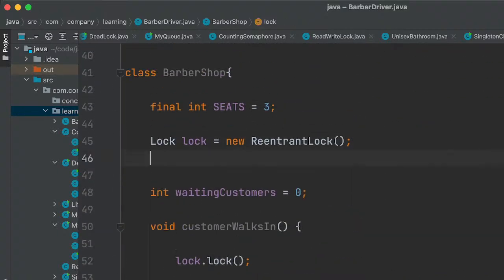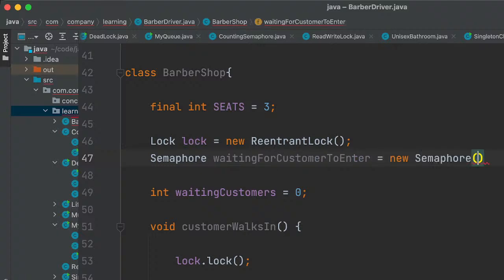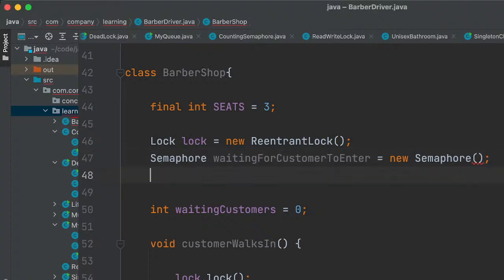So let's say we have semaphore waiting for customer to enter. We can name it as waiting for customer to enter. Yeah, I think we need to pass the count, right?